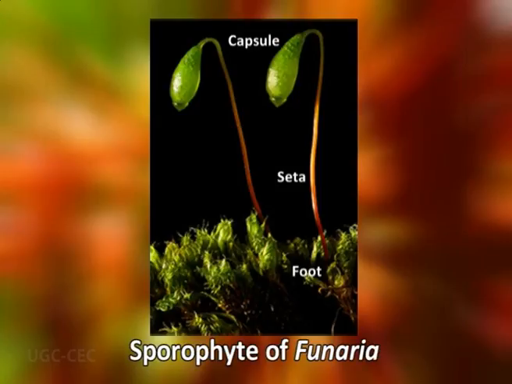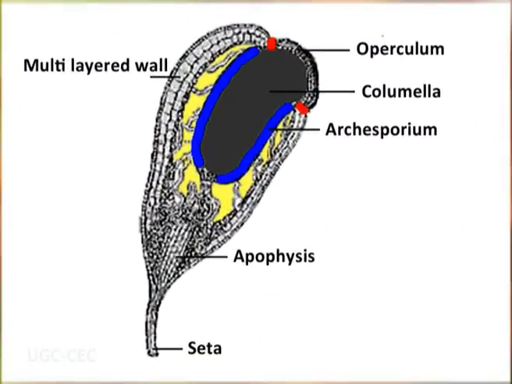sporogenous tissue. The sporophyte of Funaria is differentiated into a sterile bulbous foot, a sterile long seta and a complex capsule. The sterile capsule wall, which is multi-layered and photosynthetic, is derived from the amphithecium. The endothecium gives rise to the archesporium from its outer layer only, while the rest of it develops into a massive central sterile columella. The extremely reduced archesporium consists of a single layer of barrel-shaped cells and is held between the operculum